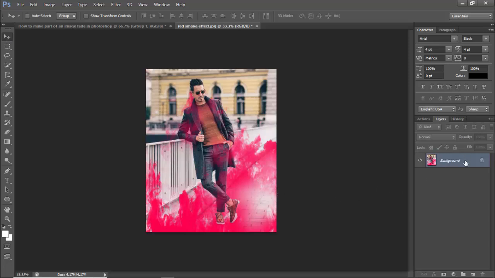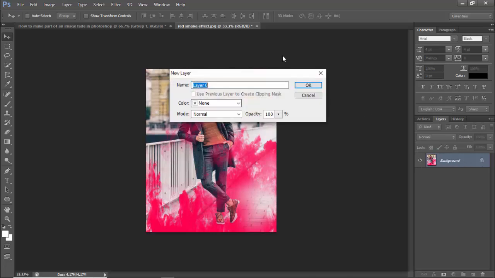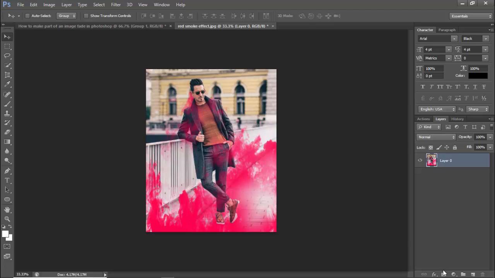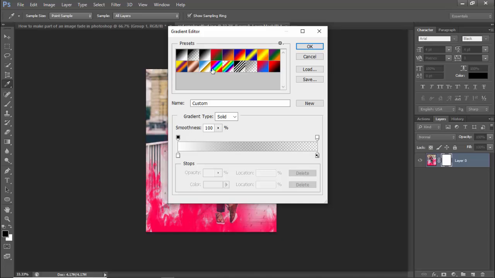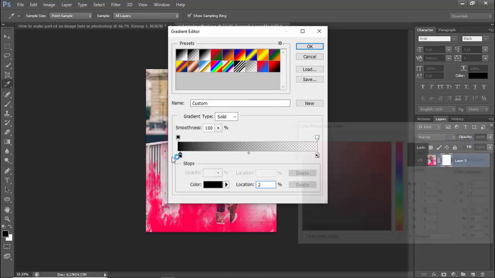Let's begin. First of all, open your Photoshop, then open this image, double click and unlock this image. Create a layer mask, and click this gradient tool. Use your gradient palette presets. I use transparent and use